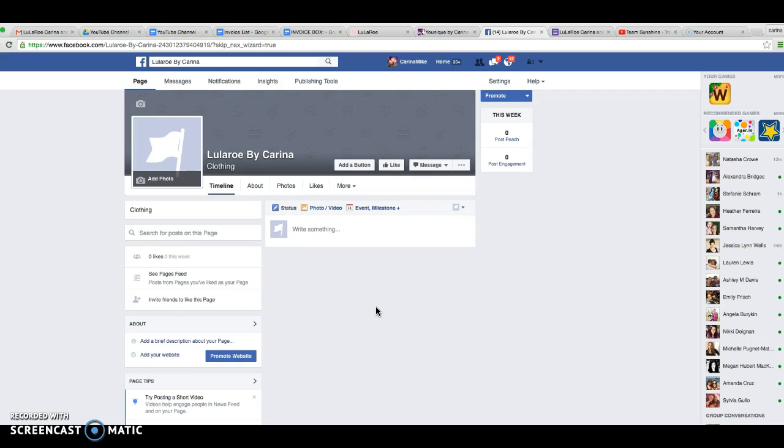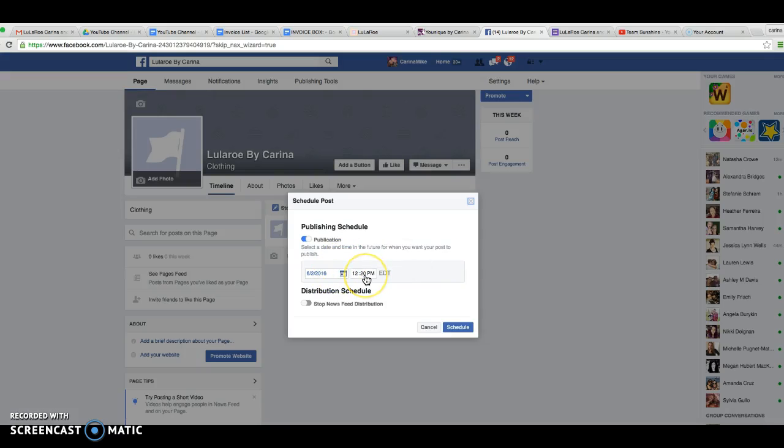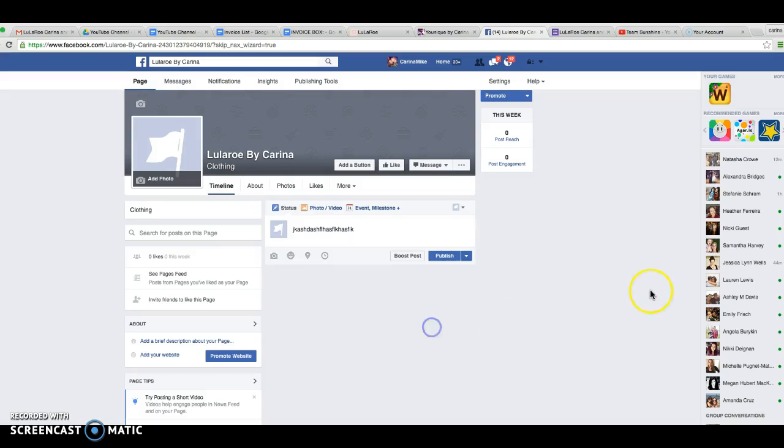Schedule a post. The awesome thing about the business pages now is right here. I'm going to add a picture, and then I'm going to hit this little down arrow and schedule. And I can schedule this post to blast out at peak Facebook times. So whenever I do mine, I'll schedule it maybe the night before to post at 8 a.m., or I'll schedule it in the middle of the day to post at 8:30 p.m. So I know that my post is getting out there. I know that my business page is being utilized, and I don't have to worry about forgetting it when I'm in the middle of a pop-up or whatever it might be.